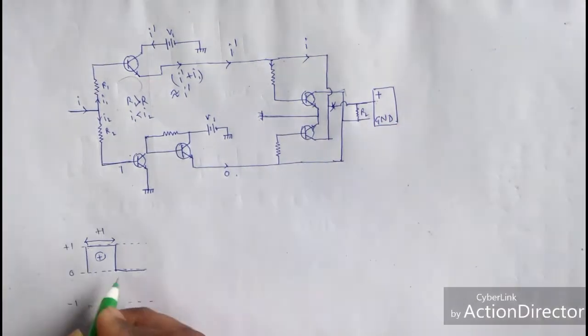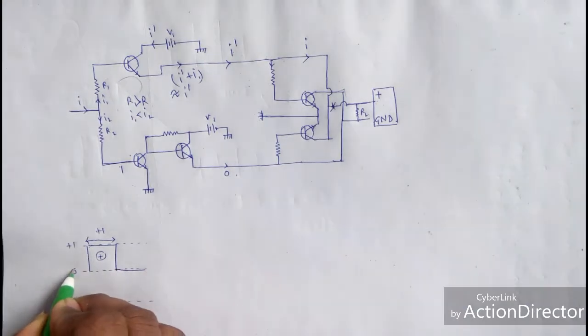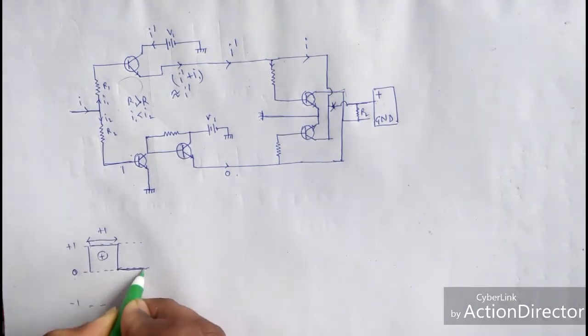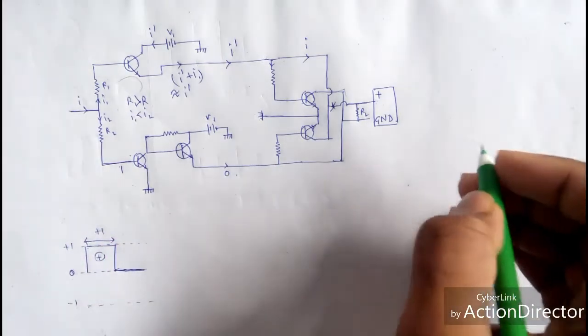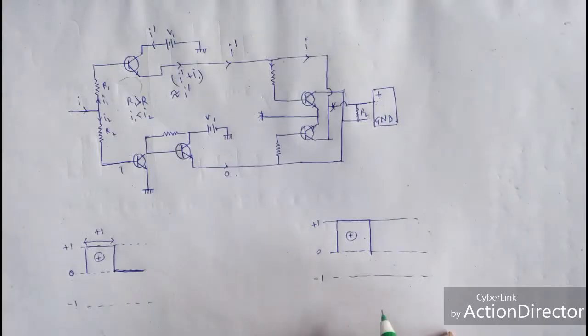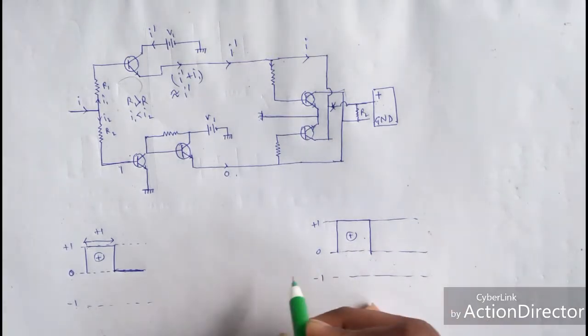Now in second half the condition will be altered, as here you can see that current is 0 in second half. Let's draw the picture first in output. Here we have got the upper pulse, and then